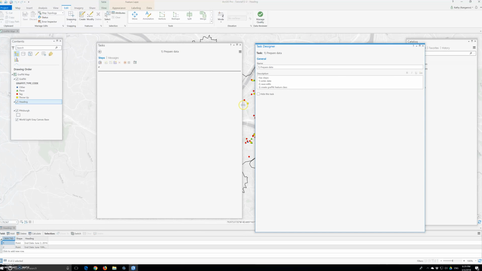Then we will create and add the graffiti XYZ data step. So here we will add the step, which will result in creating a new graffiti feature class. So click the Option button in the task pane and we will click Edit in the